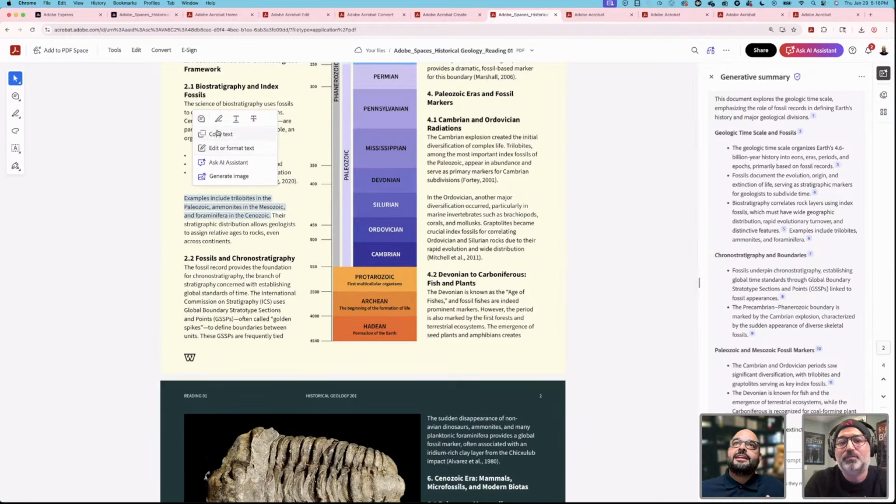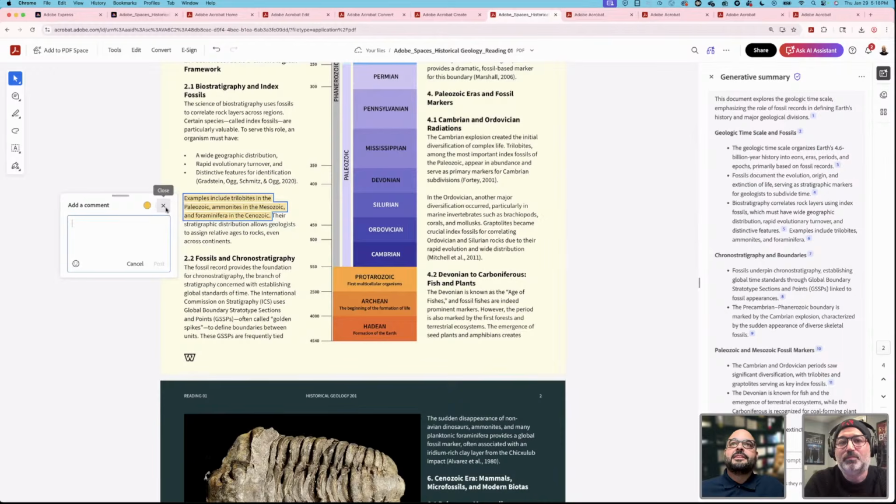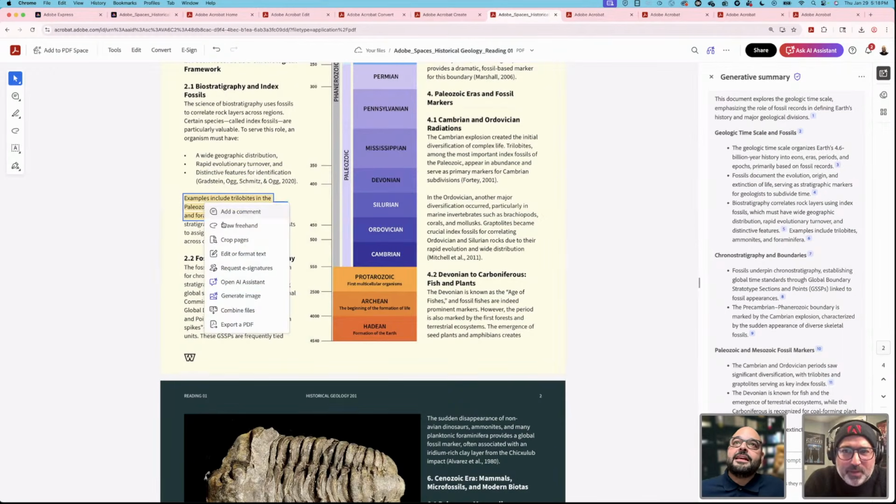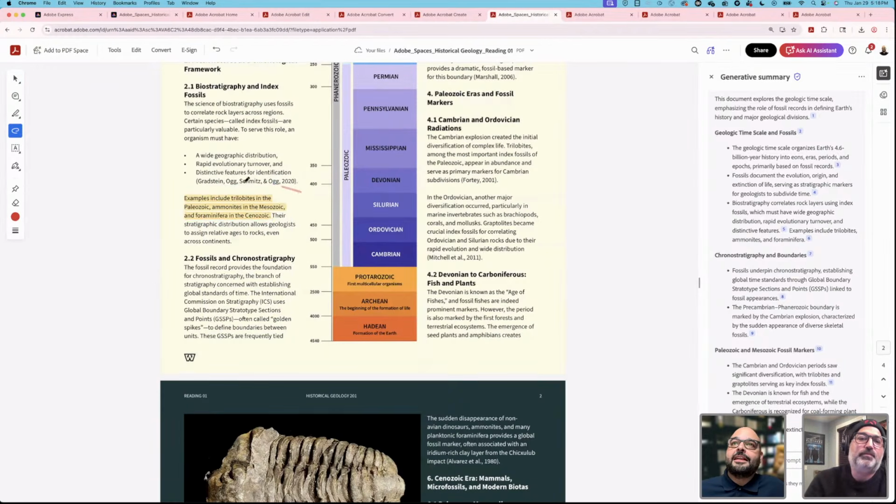And if I highlight it, now I can highlight the selected text, I can add a comment, and I can do so many other things. And check this out. If I right click, I could even say draw freehand. I could circle this. Oh, that's poor drawing, but you get the point, Jesse. We're not going to be grading you on that. That's not part of the rubric. I will say, think about this document. This document is really only a bunch of pages, but